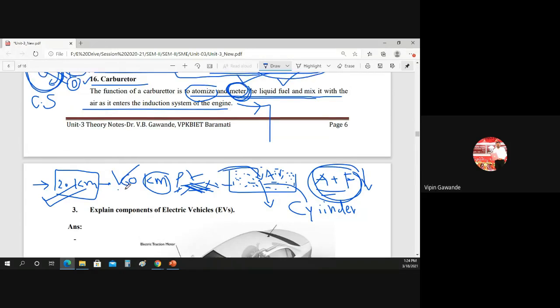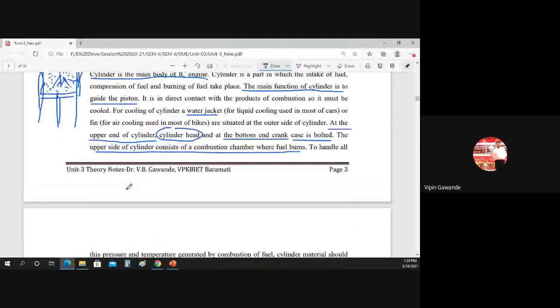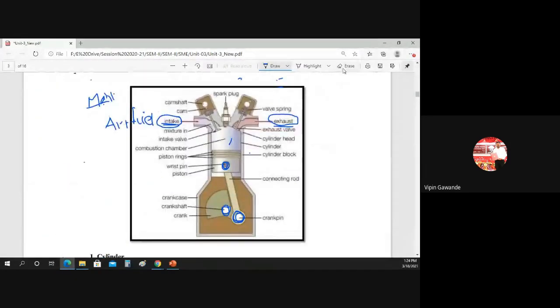So this is very important questions from your examination point of view. So this is again just you remember this diagram. So this diagram is very important. Remember all the parts of this diagram. Very easy to remember. All the parts we have already seen. Okay, cylinder, then cylinder head. Okay, then inlet valve, then intake manifold, exhaust manifold, then camshaft. Camshaft is used for timing of this opening and closing, or timing of this intake valve and the exhaust valve.